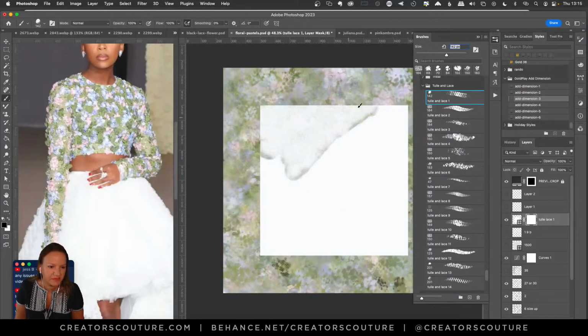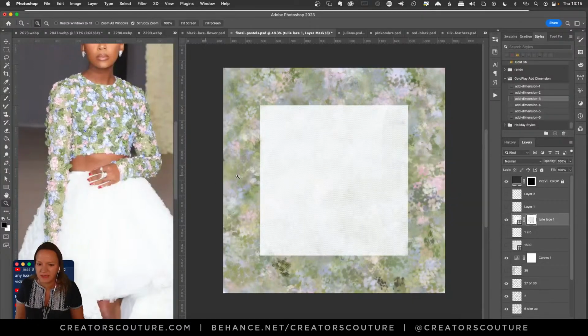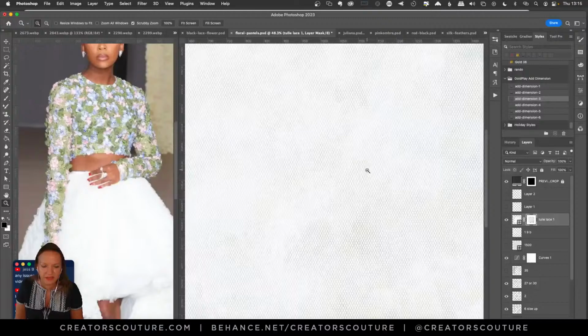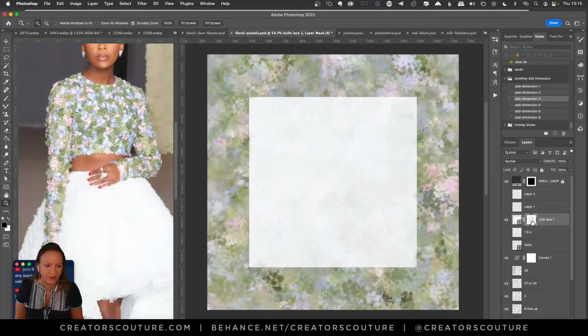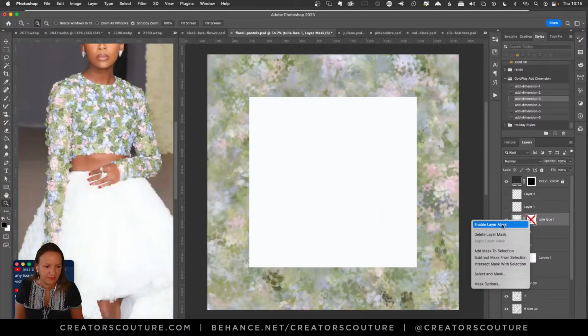I took something like brush one, and I used a light pressure, but in black, on the layer mask, not the square. Now we get just a slight feeling, and it masks it out, and you get that feeling of lace rather than it being just a harsh white square, like it is there. So that's what I did.